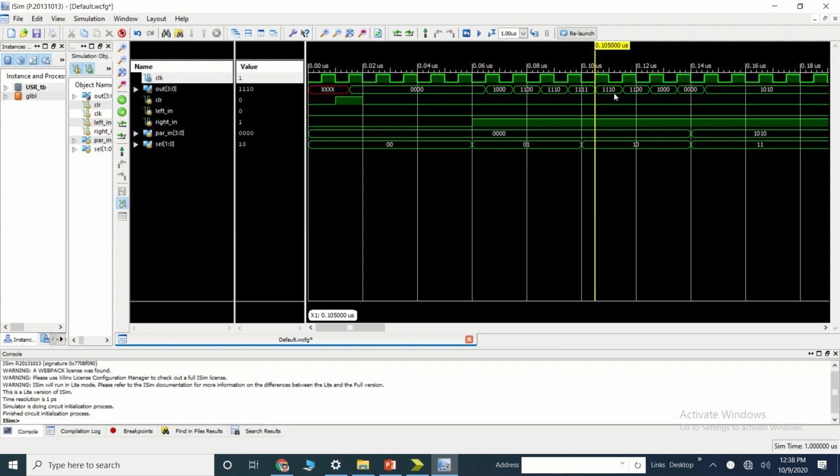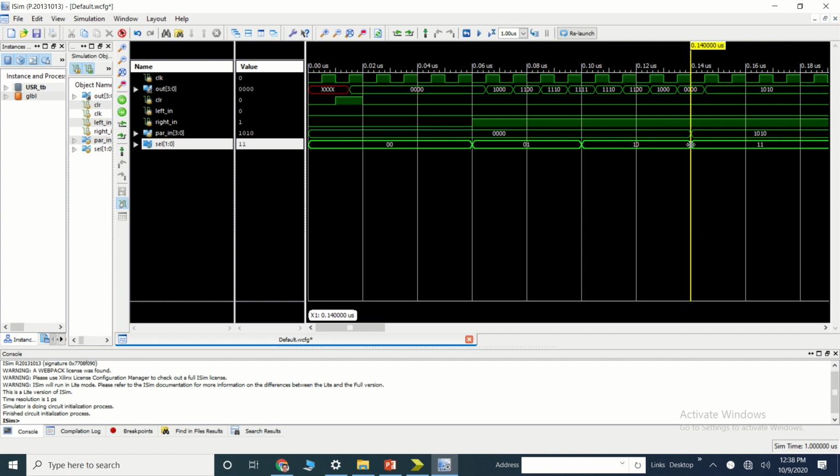But the left input would take the position of the LSB and it would become 1110. And whatever the left input, that would shift towards the left. So at the next pulse, the output would be 1100. For the next, again it would shift to the left, 1000. And again for the left, it would shift towards 0000. So up to this we have the mode 10.